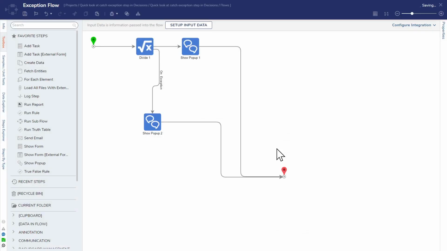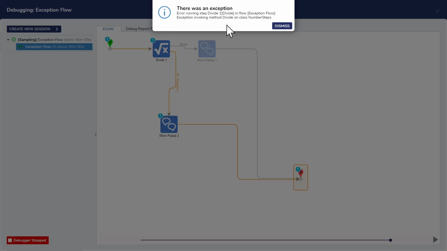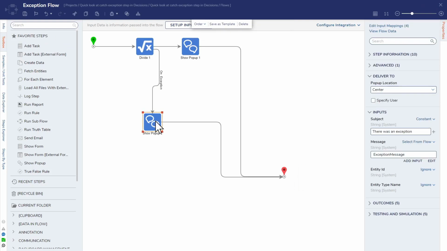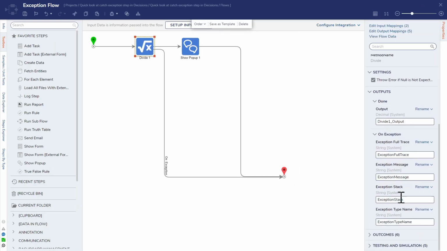We can make the message something along the lines of the exception message, right? So now when I run this process, it will show me that pop-up. However, adding individual exception paths for every step in your flow can clutter things up really quickly. So, a great and useful tool is to, rather than adding individual exception paths,